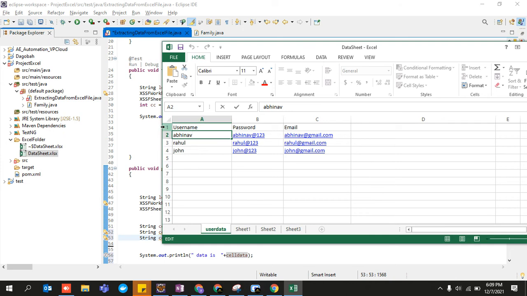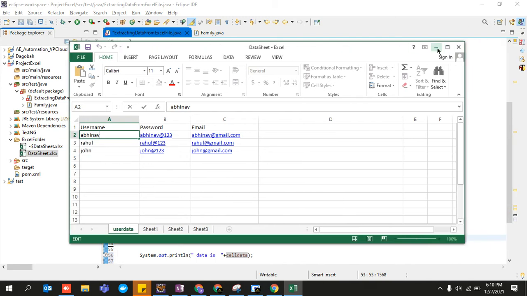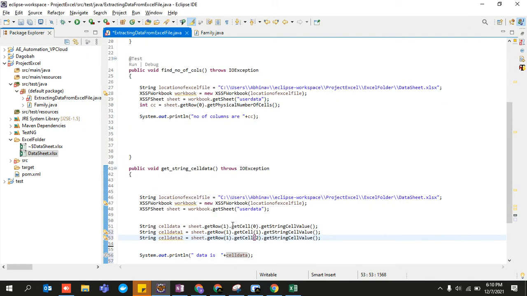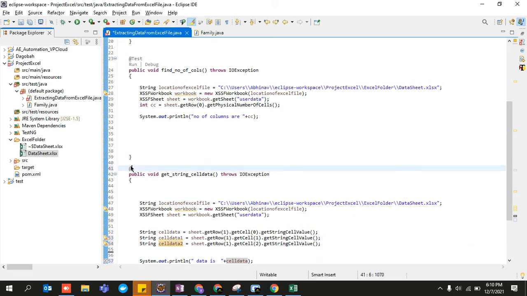Why am I saying first row over here? Because in terms of coding, the index starts with 0. So this is the 0th row, this is the first row, this is the second row, this is the third row. In terms of columns as well, it will start with column 0, the first column, and this would be the second column, right? This is why I'm trying to get data from the first row. Okay, and if you just want to see whether it is working or not,